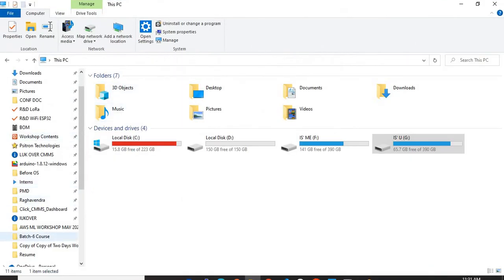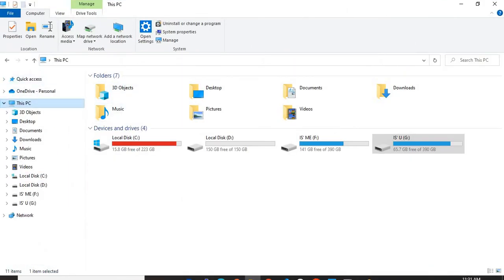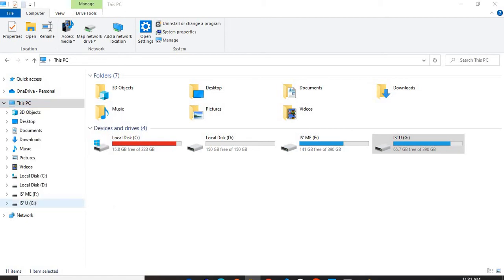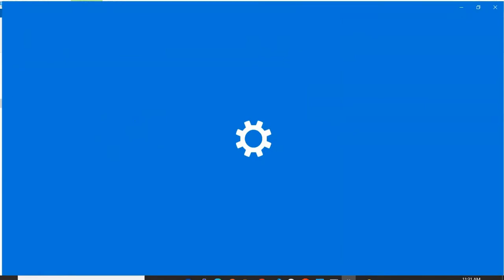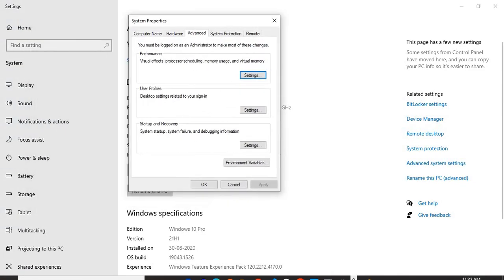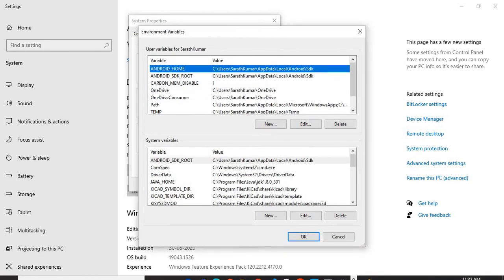of your PC. For example, let's say here I have This PC. I will just right click and go to Properties. Once you open Properties, if you are on Windows 10, your window will look something like this, and you can click on Advanced System Settings in the right corner. Once you open Advanced System Settings, you should find Environmental Variables at the bottom right corner, and you should get this